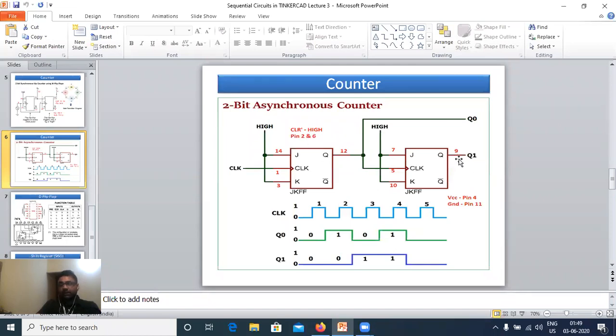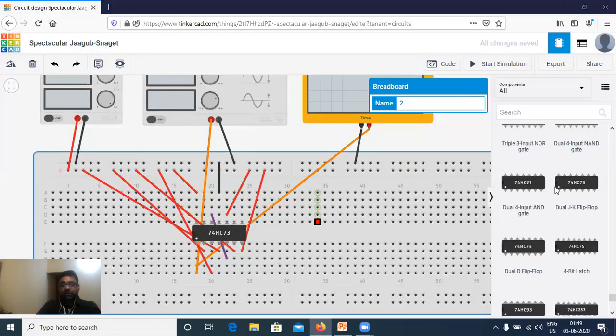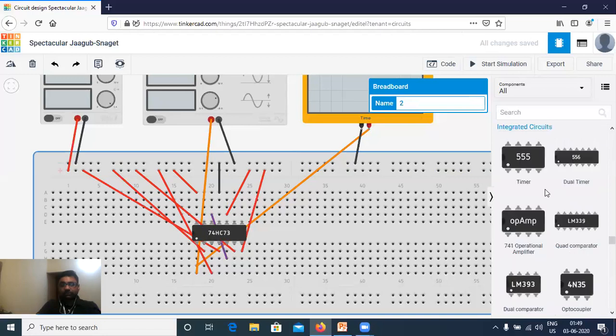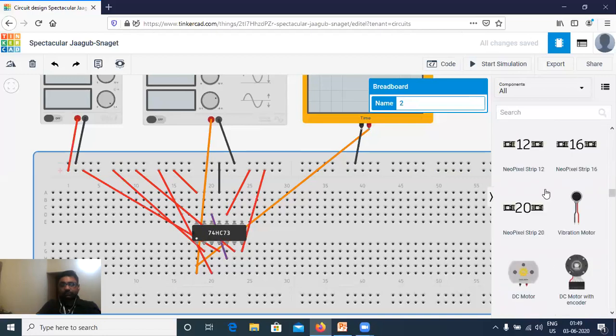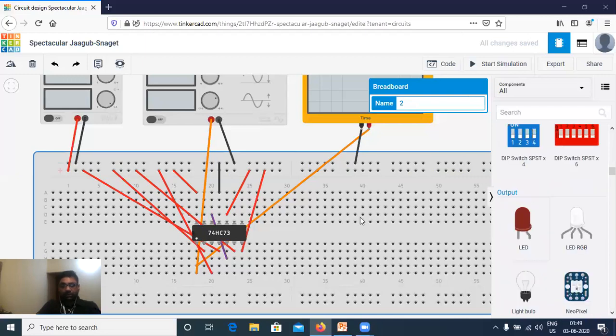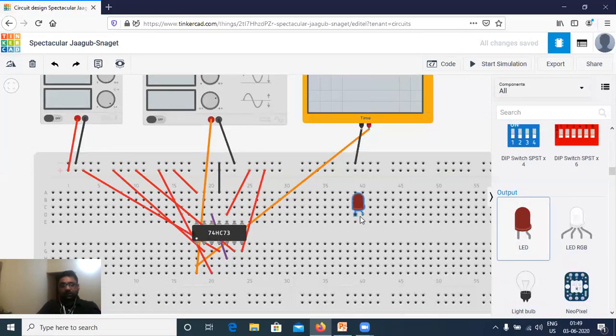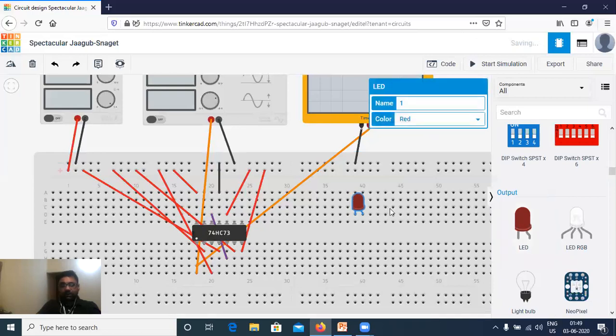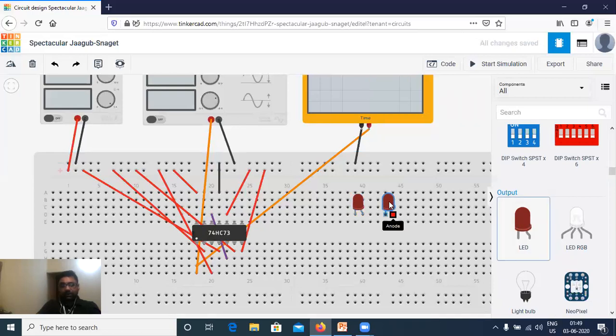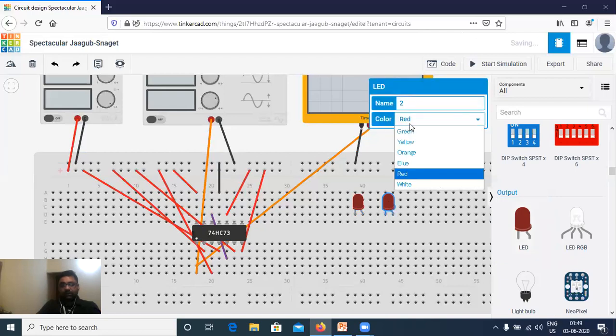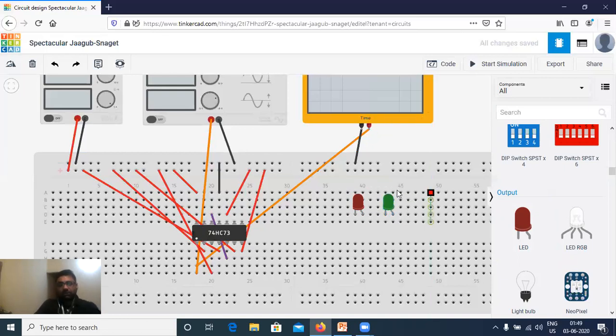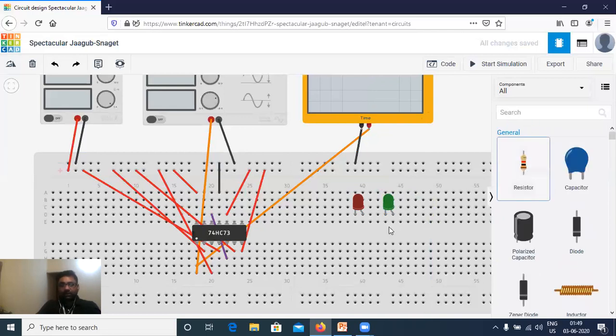Then I will take output from 9 for one LED. Another output for LED will come from 12. So let me take two LEDs, one red LED and one green LED. Now you know already a resistor is required for the anode side.